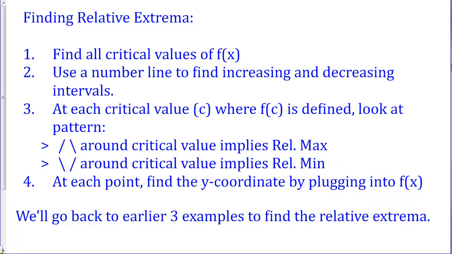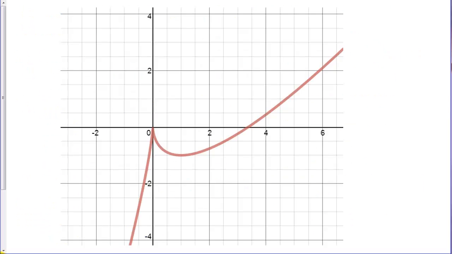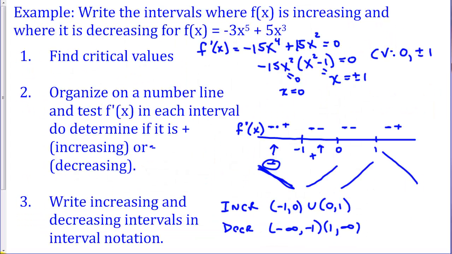So let's go back and look at our examples. And this time, instead of finding the increasing, decreasing intervals, let's find our relative extrema. So here are our critical values. At this point, we're going down, up, so this is a relative minimum. Here, I have a critical value, but I don't change directions. I'm going up and up, so this is not a relative extrema. At this point, I was going up and then down, so this would be a relative max. So we have a relative min